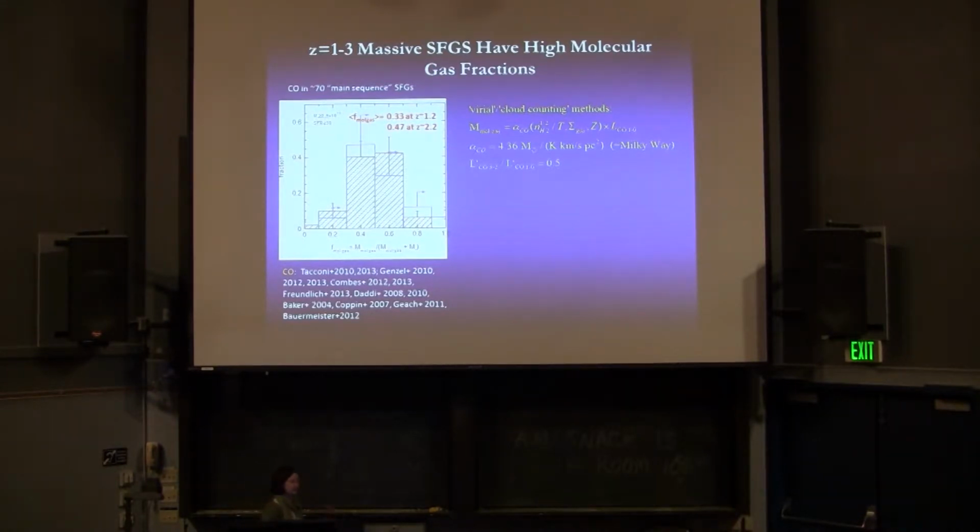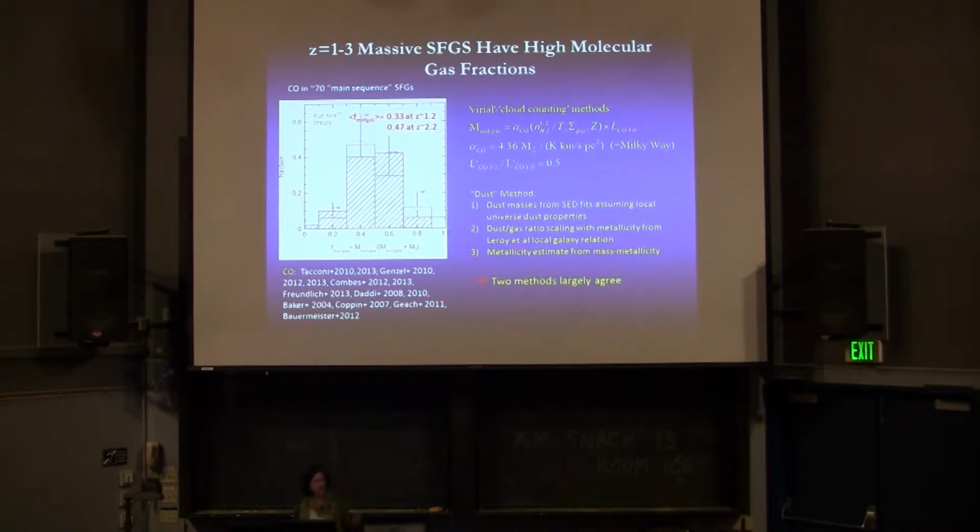With the lensing galaxies, we may already be seeing a turnover, and I'll get to that at the end, but it may be that this 0.5 is really a flattening, the peak gas fractions that you're going to see at high redshift. Now there's an alternative method that you can use to get